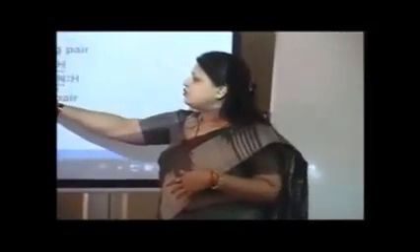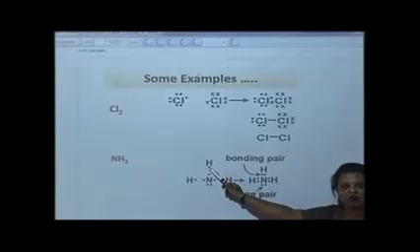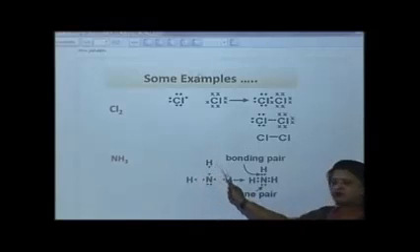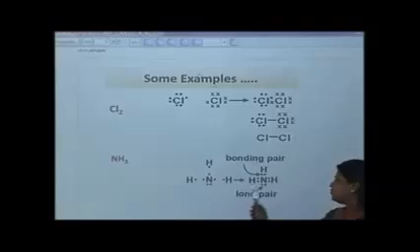Then we have another example in the form of ammonia. The nitrogen atom, being the central atom, has 5 valence electrons. So, this is what I have shown: 1, 2, 3, 4 and 5. And each hydrogen atom has only 1 valence electron. So, what happens is one hydrogen atom with one valence electron shares one electron of the nitrogen atom. This is how 3 bonds will be formed, and 2 electrons remain as such on the nitrogen atom,